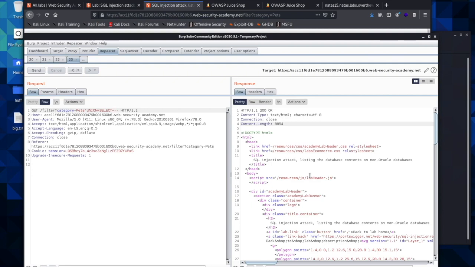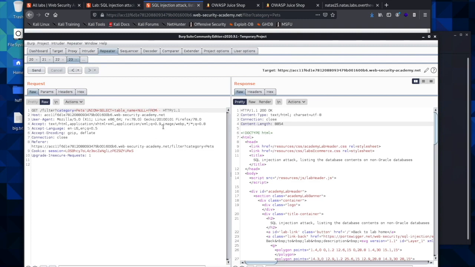So we have our union select, and then we come in and we type in table name. And so this is what we're looking for. If you remember, we're replacing one of the null values with the table name. Then we leave the second one with the null value because we're not going to be pulling anything from it just yet. And then we go from